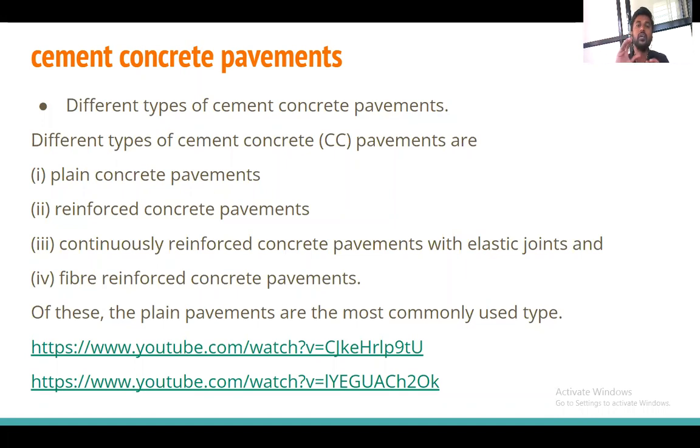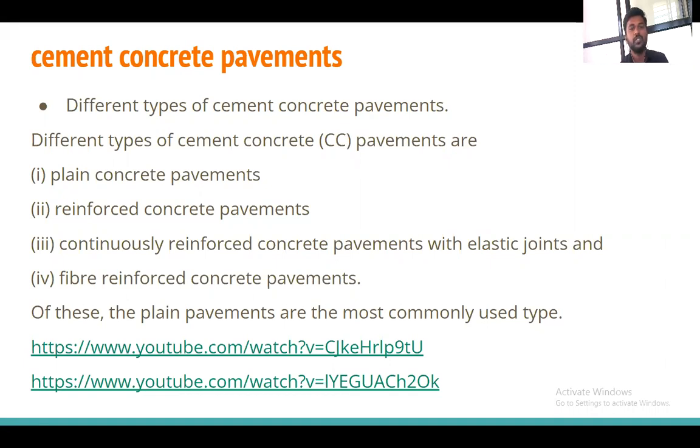So these two are the only different layers. For the remaining portion, the subgrade and the sub-base course, the same procedure carried out for the flexible pavement is carried out for the cement concrete pavement as well.